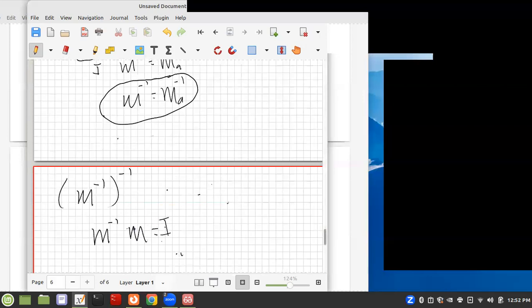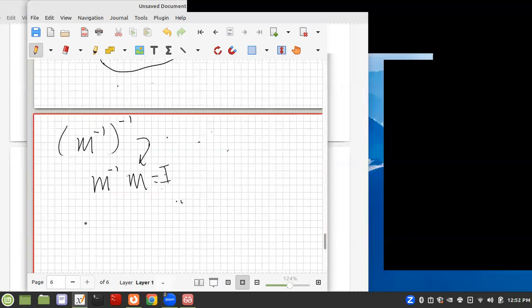Since the inverse is unique, this has to equal the inverse of this one. In other words, this can't be a different matrix than this, because all inverses are unique. So I know that M inverse times M inverse inverse equals the identity matrix. So what is this? Well, I know this is true. So M has to equal